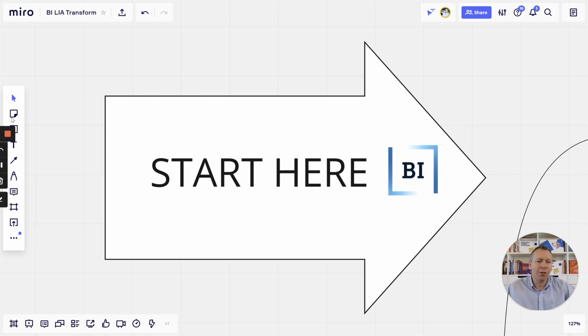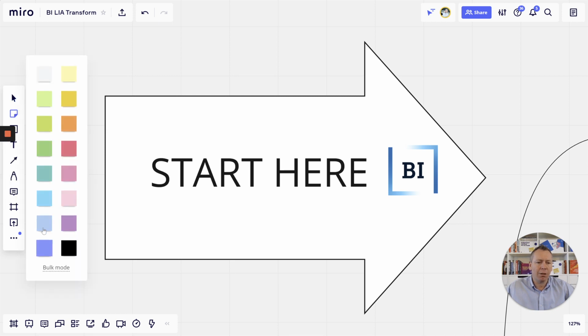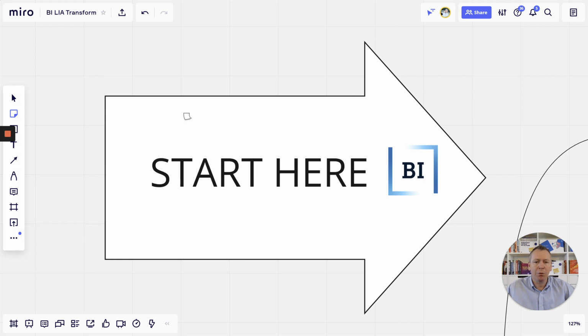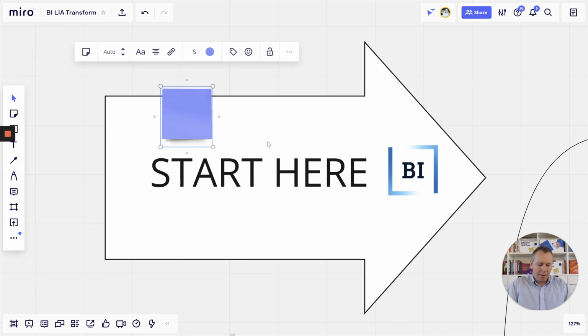Last thing that you may also going to want is the post-its. So if you look here, there's a sticky note, lots of good colors. I like the blue ones. I'm going to take this blue purple. I'm going to put it here and say, I am so excited to start this program with you. Now, zoom, jump to view, toggle cursor, and post-its. Those are some of the key functionalities that you're going to need.